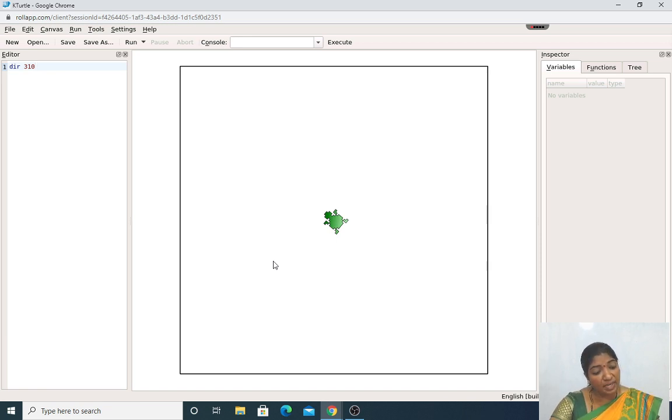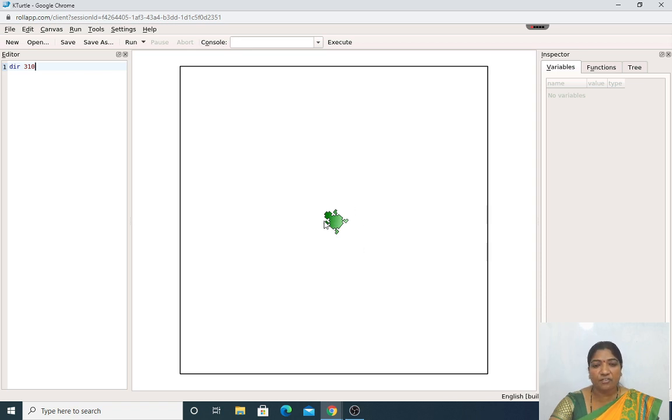The major difference is, in the case of the direction command, the number of degrees or angle we write in the editor is counted from the starting position of the turtle, whereas in the turn right or turn left command, the angle is counted from the current position of the turtle.